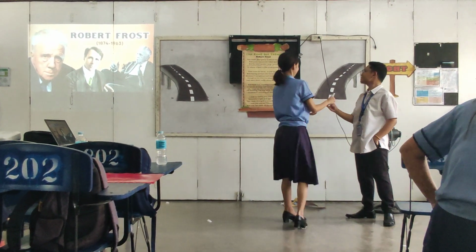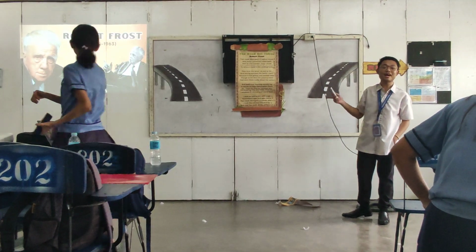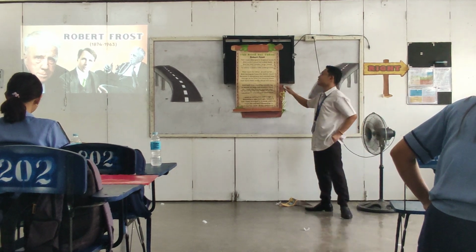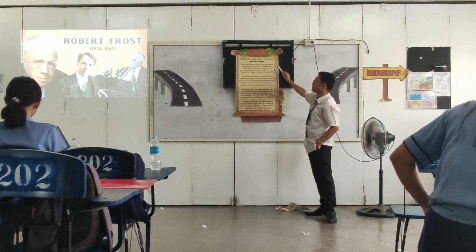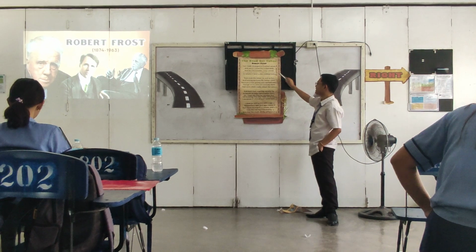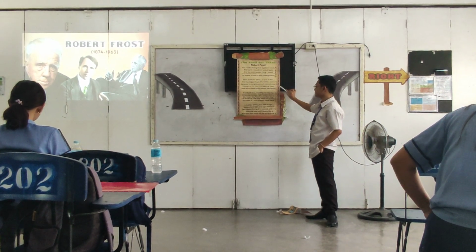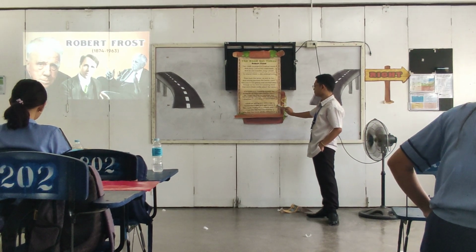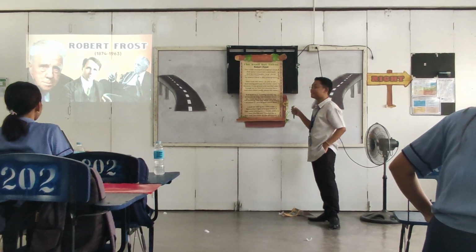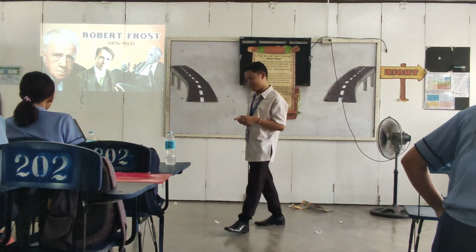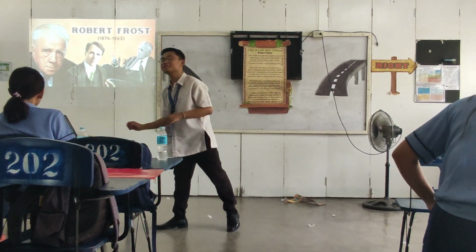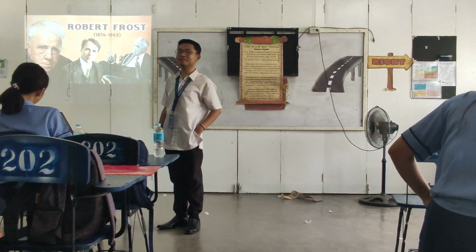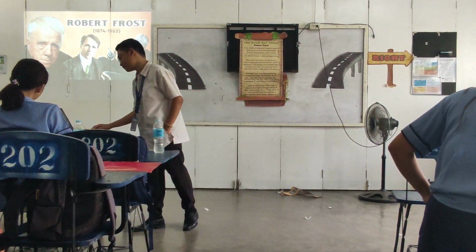Alright, so these letters are called what? Rhyme scheme. So let's read the rhyme scheme of the poem. Everyone. A, B, A, A, B. C, D, C, C, D. E, F, E, E, F. G, H, G, G, H. So that is the rhyme scheme of the poem. So after knowing the author and the structure of the poem, let's try to analyze each line in order for us to deeply understand the meaning of the poem.